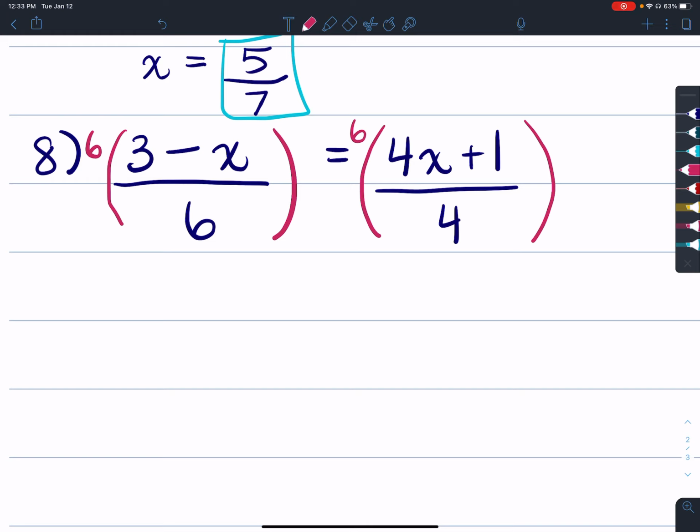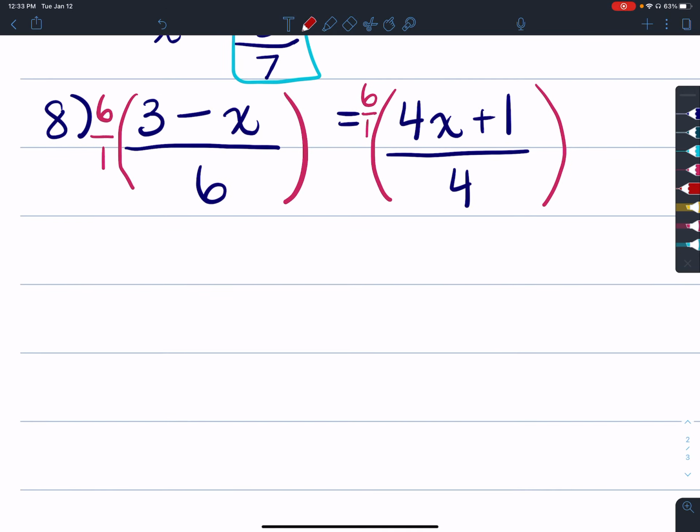Okay, and so if this helps you remember how to do multiplications by fractions, remember that the denominator of this 6 is 1. So when you're doing this multiplication, you're only multiplying the numerator by 6. The denominator is getting multiplied by 1, so it's not going to change. So you don't need to touch the denominators here. So on the left side, this 6 will cancel. So we only have to rewrite that numerator, and everything else is going to be nice